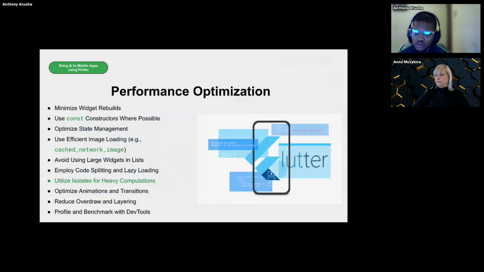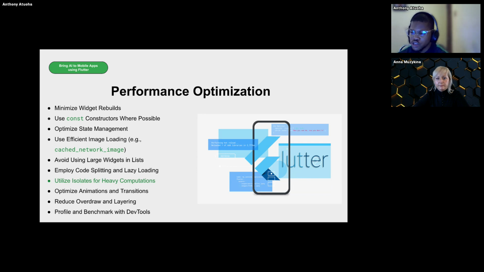Then, why build smart apps? You can't build smart apps and not talk about optimization, how to optimize it. So literally, it goes through the front phase of building applications. When you're building applications, you need to look at performance optimization. It goes through the process of minimizing widget builds and using const constructors where possible. When you have a text widget that you know is not going to change, with a name like "build with AI", and you know that this text is not going to change,